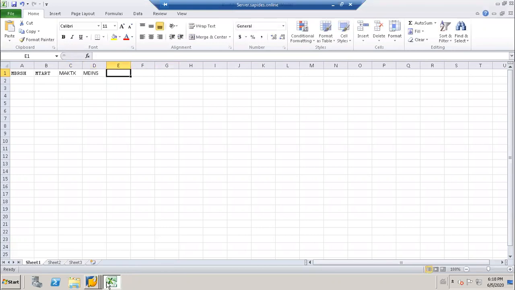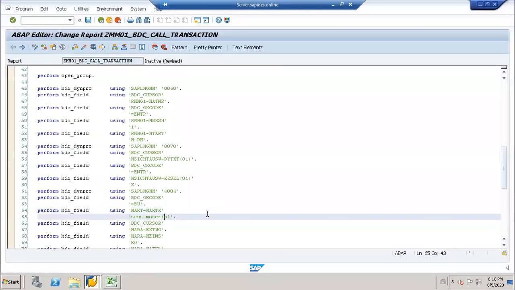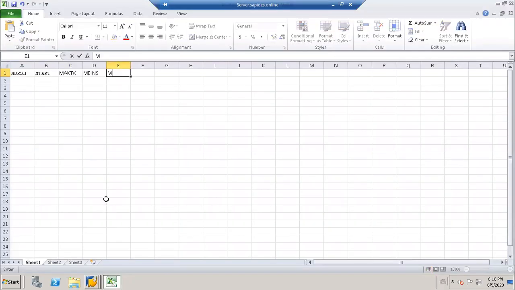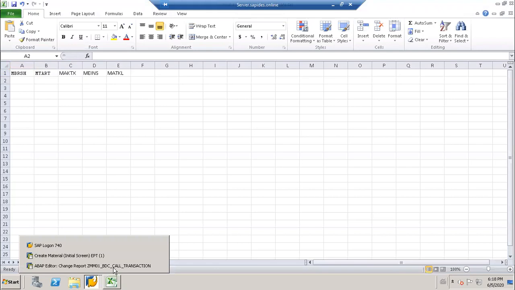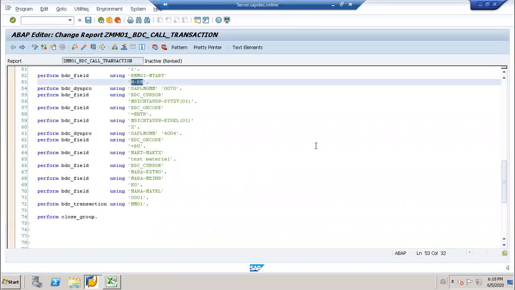And the last one is MATKL. So what is the value here? Just one HRM. Okay, copy this one.